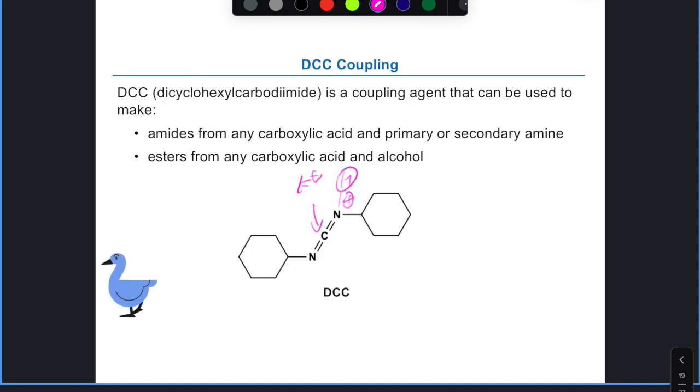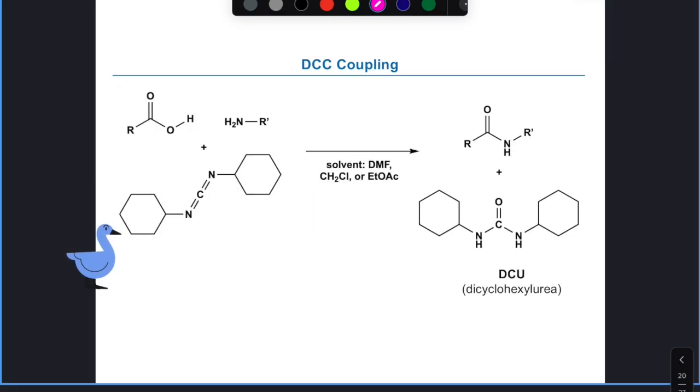So what's nice about these is we can activate the DCC for electrophilic coupling with just a little bit of catalytic acid. And more importantly, the carbon in the middle is super electrophilic. It allows us to couple these pieces together. I can take a carboxylic acid, I can take my carbodiimide, that NCO type system, and I can activate this oxygen. It turns out that, and this is something I mentioned before when we talked about amide bonds,